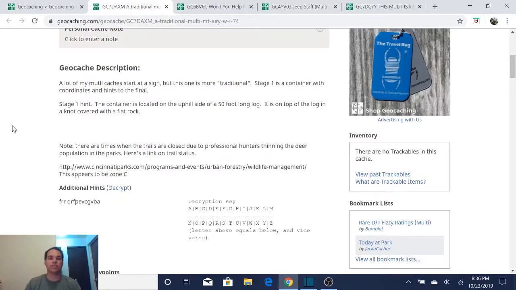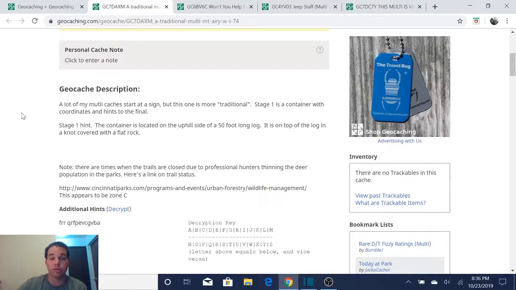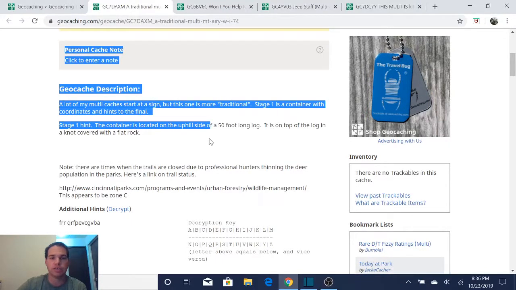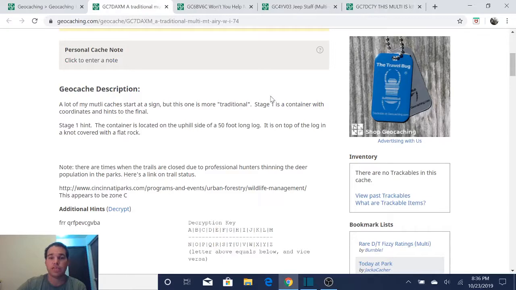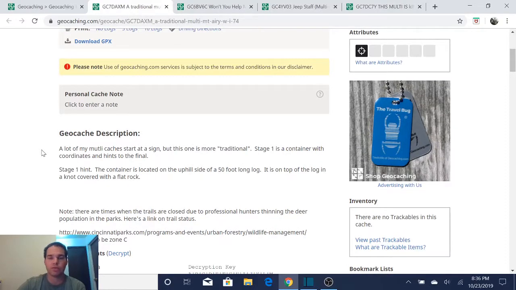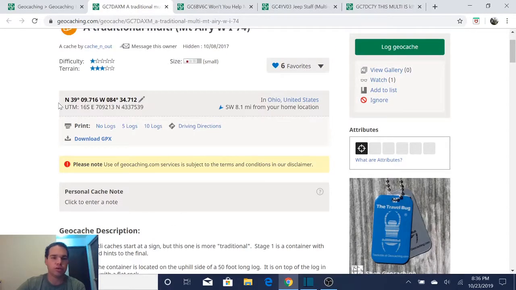Alright guys, so let's take a look at the traditional multi. So right here I have a multi-cache pulled up, and you're going to read the cache page, and it just tells you right here that stage 1 is a container with coordinates and the hints to the final. So you might be asking, well, how do I get to stage 1? You go right up here to the posted coordinates at the top of the page, and that's where you're going